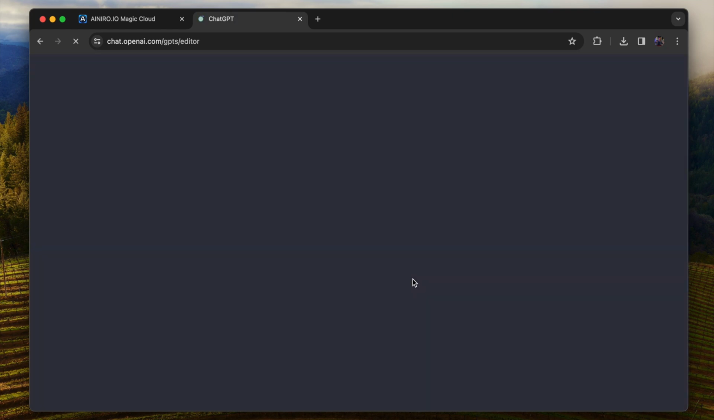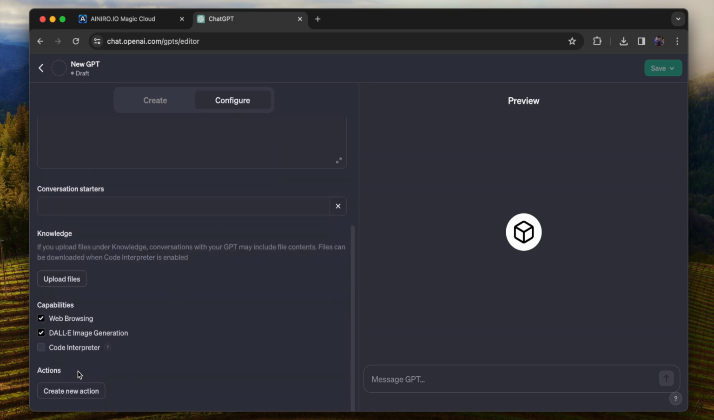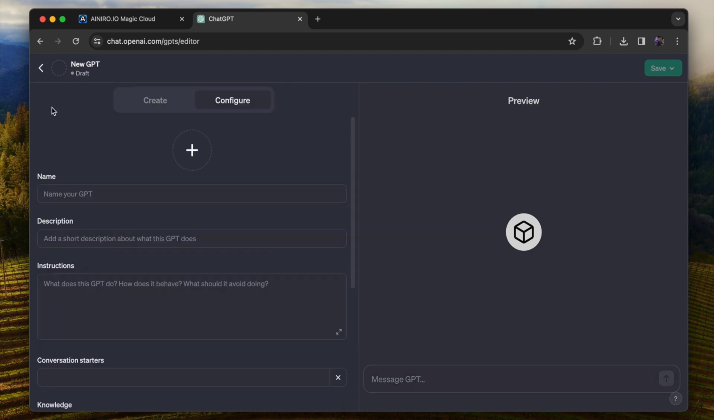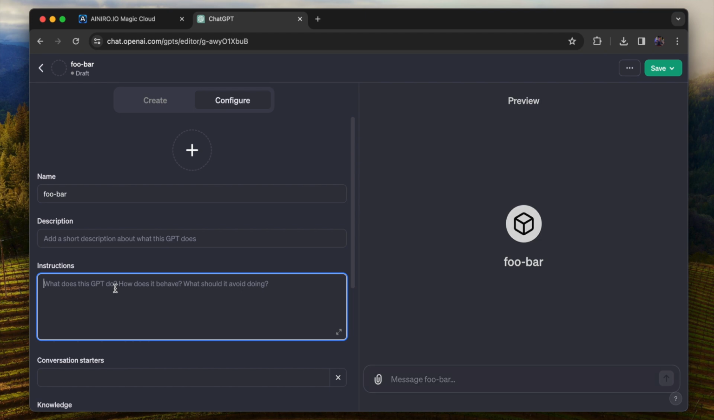chat.openai.com/GPTs/editor. And now I can create a GPT that is actually connected to my API by going down here at the bottom, create new action, and just paste in the JSON. And that's really it. Then I go back, and then I name my GPT, foo bar, right? And then I can provide an instruction that says, if I ask you to perform a CRUD operation, assume I want you to use my, what's the name of the module? Demo